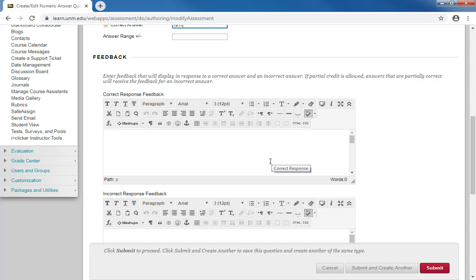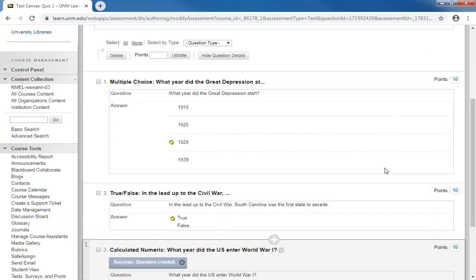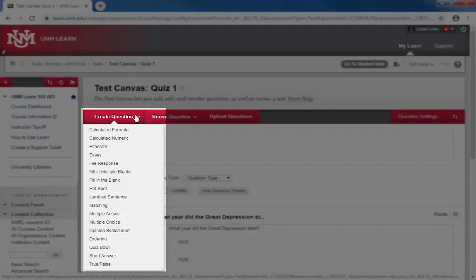I'm not going to in this case. I'm just going to click Submit. So now we have 3 types of questions. I'm going to go back up to the top here and open the Create Question menu. We're not going to create all these question types, but I'd like to point out the kinds of questions that